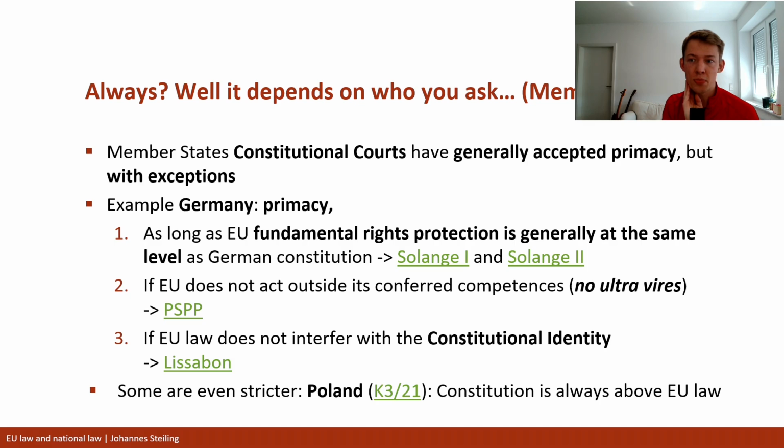You can read it if you want, but basically it says that this primacy as held by the ECJ, even over national constitutions, cannot be applied at all. And now we'll look at the case of Estonia, like how the Estonian Constitutional Court has kind of accepted primacy. Well, first of all, because again, as I said, this was an Estonian presentation, but also because I think it's quite telling. It shows very nicely how the jurisprudence of the constitutional courts with regards to primacy has evolved.